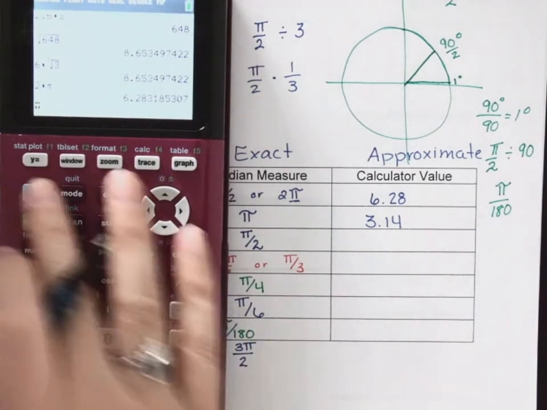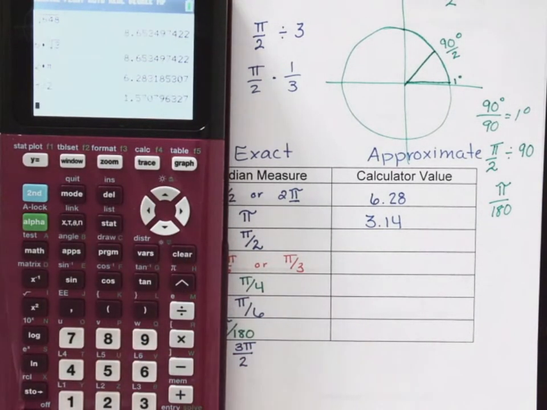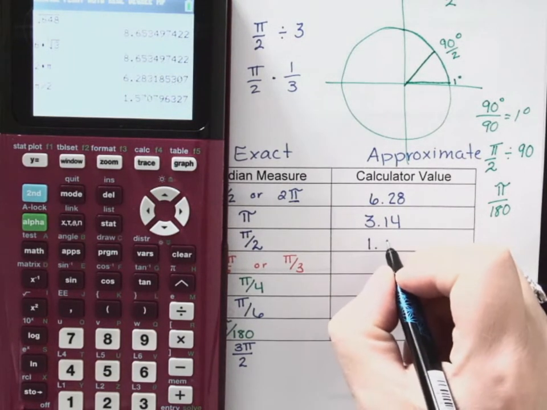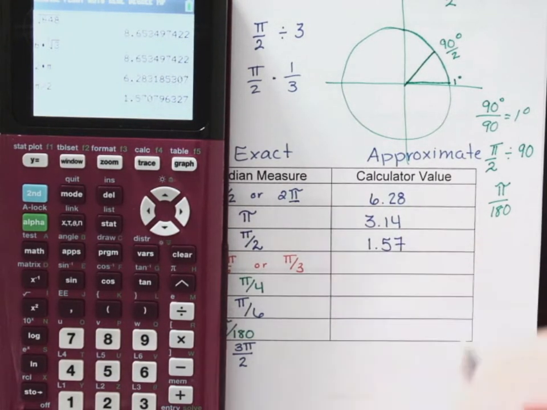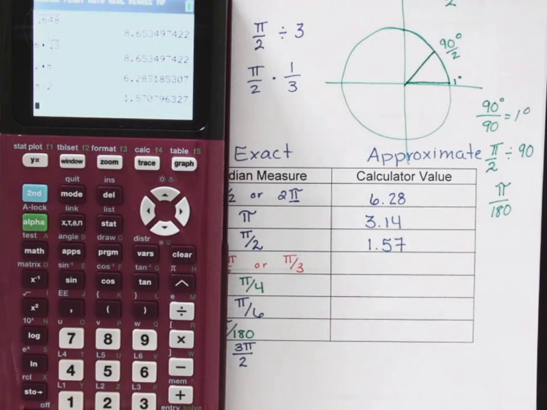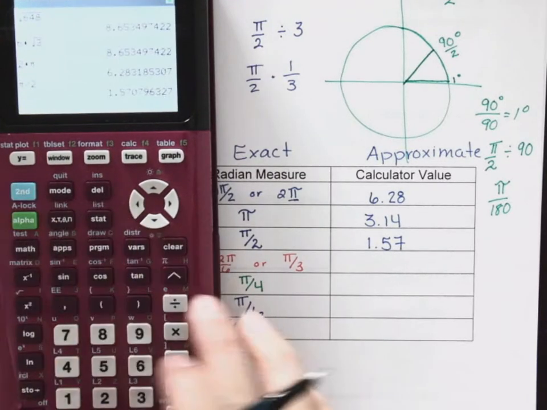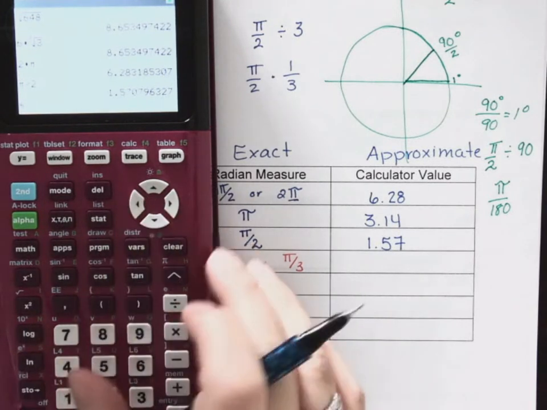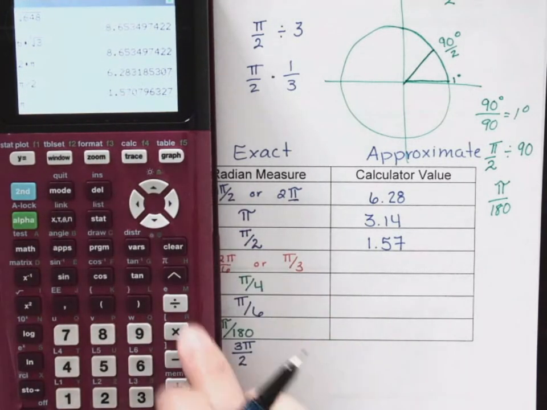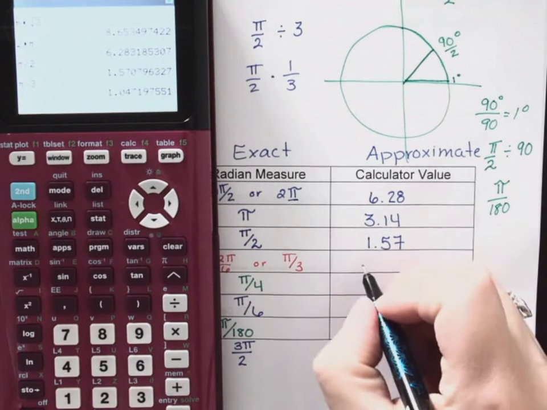Pi divided by 2. If you didn't have a calculator, you really could just figure this out. If you know pi is 3.14, you can just start dividing by 2, dividing by 4, get the old school long division out. The point of this is not to traumatize you. Well, kind of. But the point of this is just to show you that